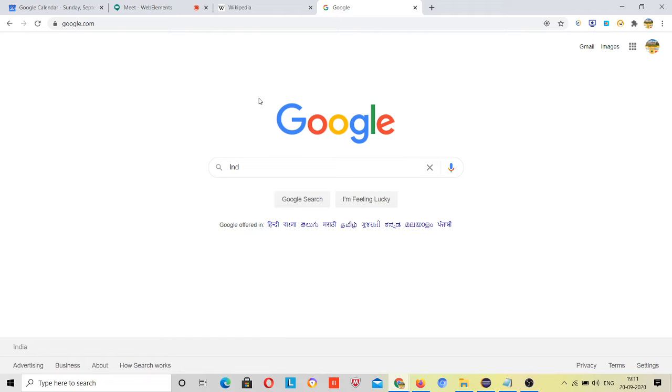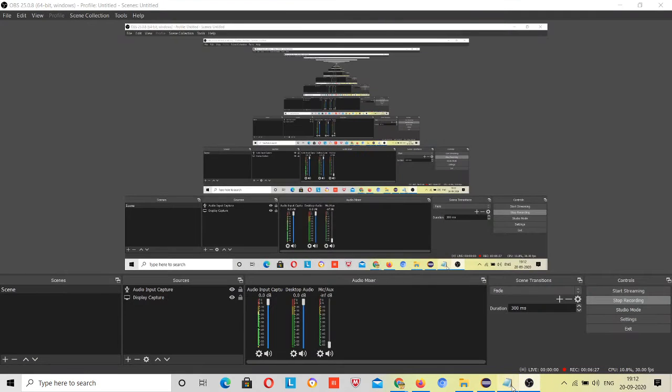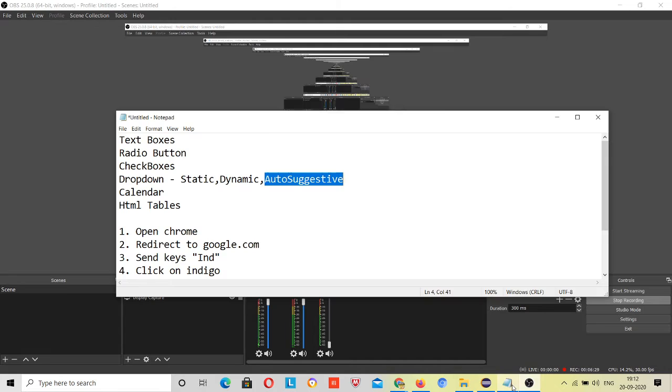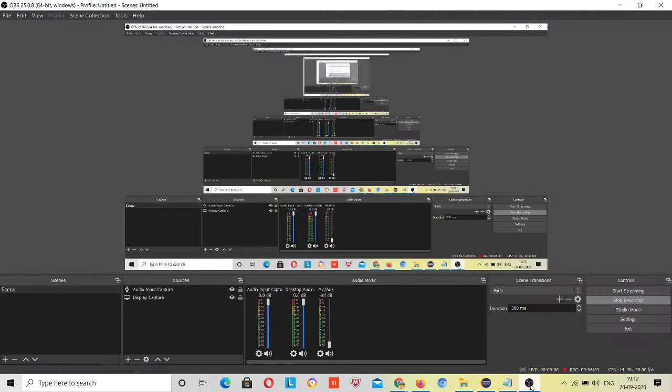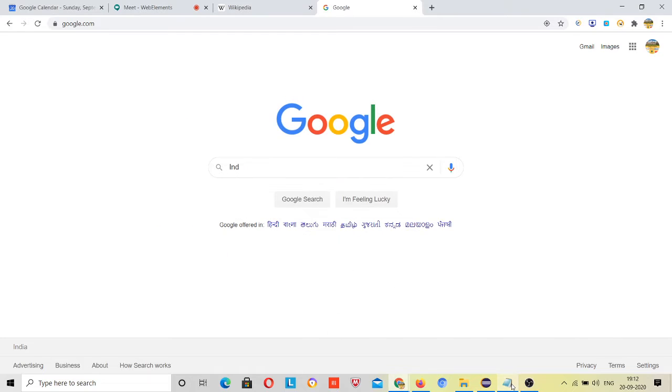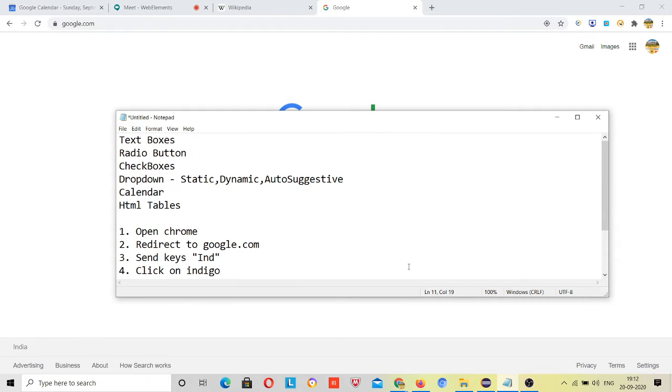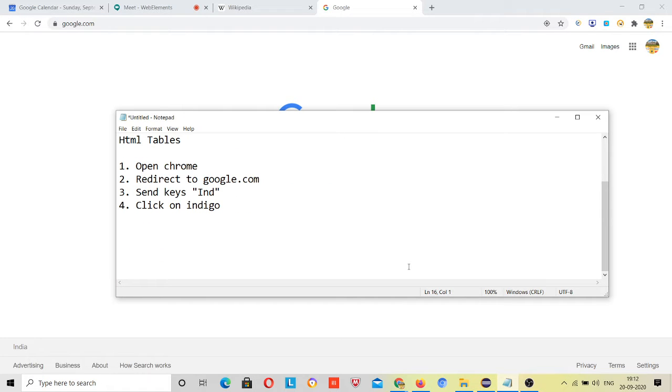These results are suggested in two ways. Although it's Google's mechanism, whatever I got through it, first is based on your search history, right?